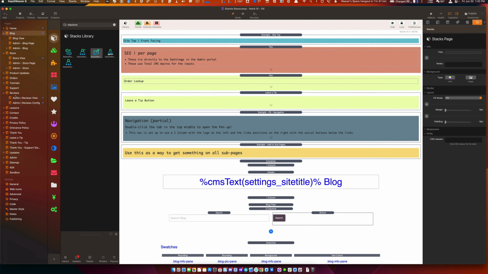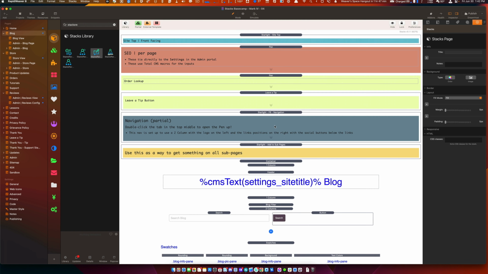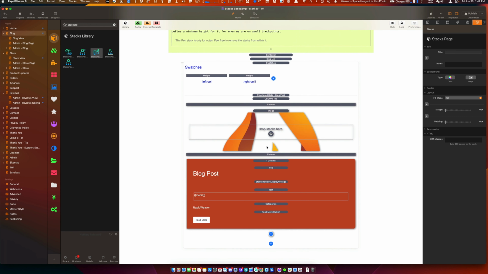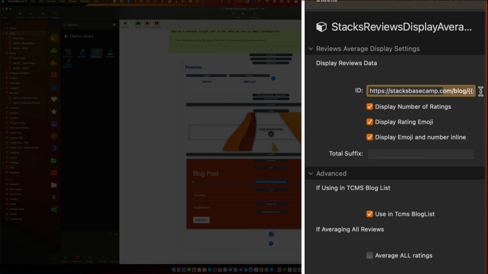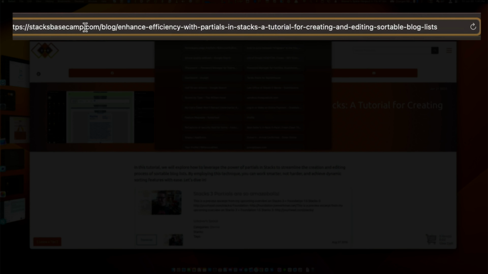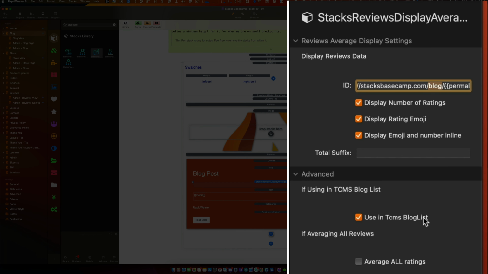I don't have to do any more config, I don't have to do anything with the reviews. I just go over to the blog, and down here I have my blog list, and I have right here the Stacks Review Display Average stack, and over here, instead of it being store, it is now blog, because my blog URL is stacksbasecamp.com/blog/the permalink. So it knows, and I have this using Total CMS blog list checkbox done, so that it knows